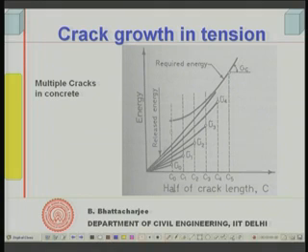energy required will be non-linear as shown here, and some crack will start and stop here, some crack possibly starts here, maybe C1, another crack stops here, another one stops here, and so on and so forth. So, there are several such cracks, and a particular crack where its slope is equal, at that time it would follow. So, in case of concrete there is a slightly more complex situation, because there are a large number of such initial flaws existing, and each one of them might get extended at a given critical load and then again stop. Some of them will stop, the one which results in fracture would continue.